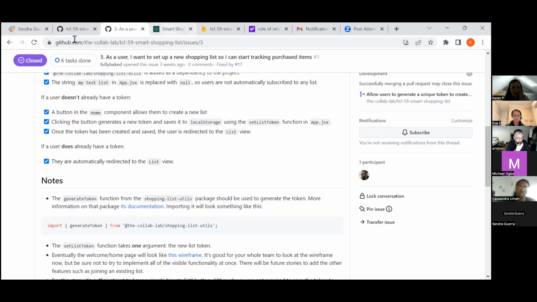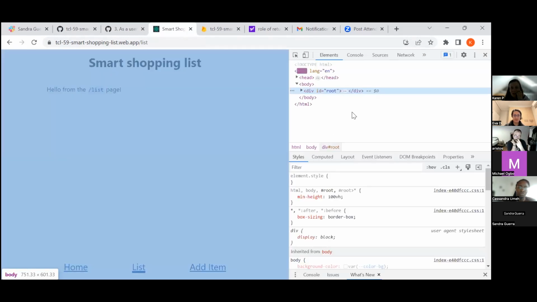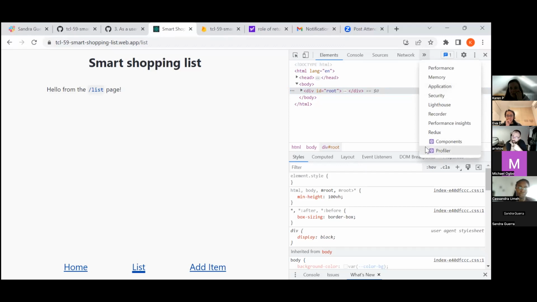So let me quickly demonstrate how that works. As you can see, we've got the button here and we click on that. We are now on the list page, and if I inspect that, I think you probably want to go to application.